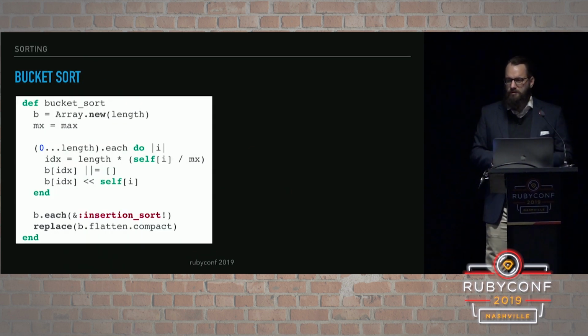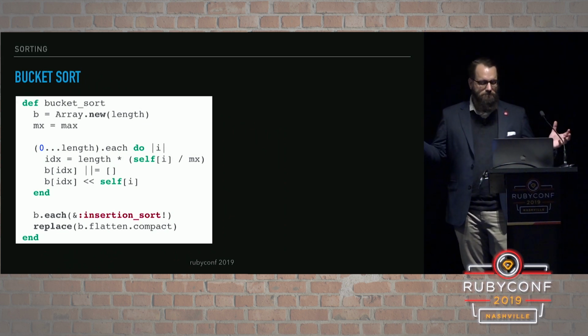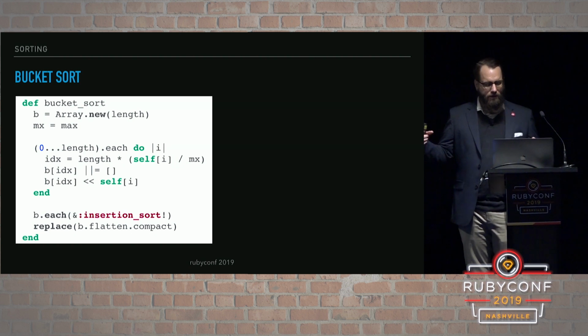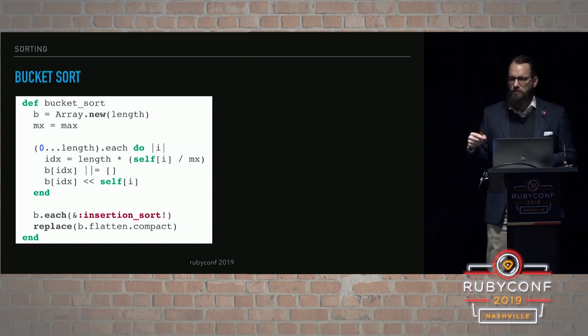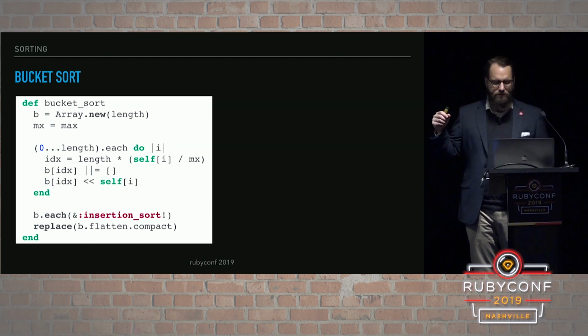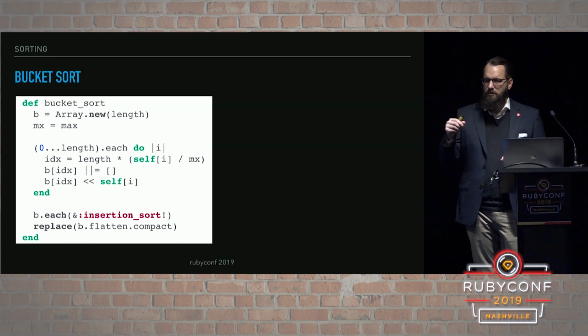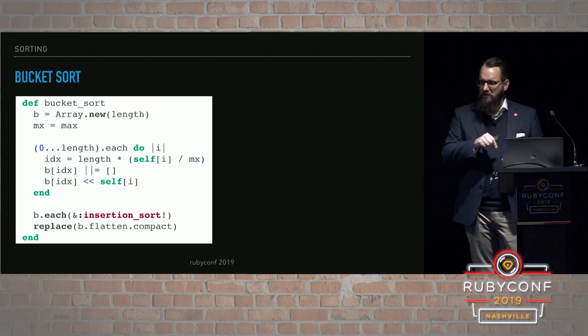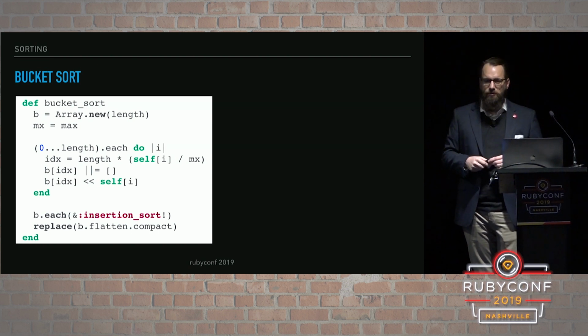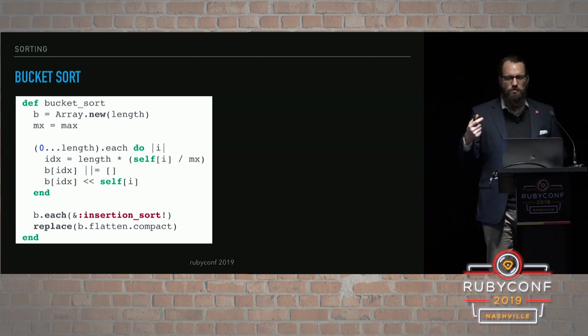Bucket sort basically generates B, which is kind of the destination list. And then you go through each of your items and then place them based on their value into the bucket where they belong. And at the very end, we see our old friend insertion sort,